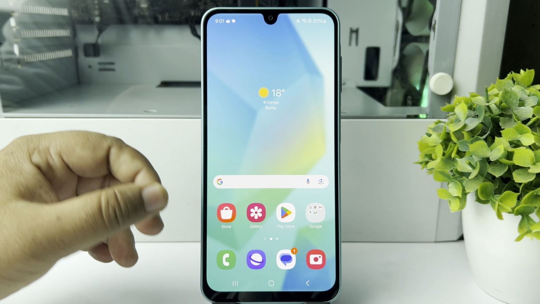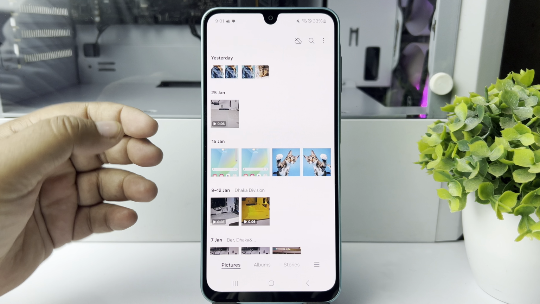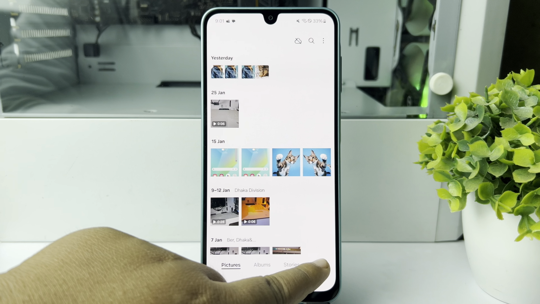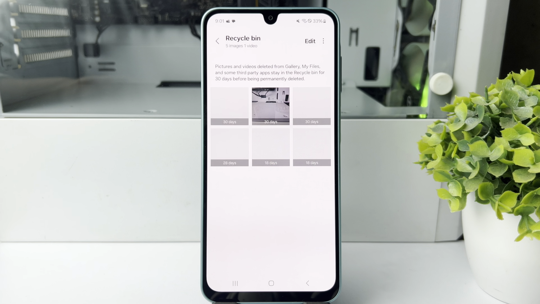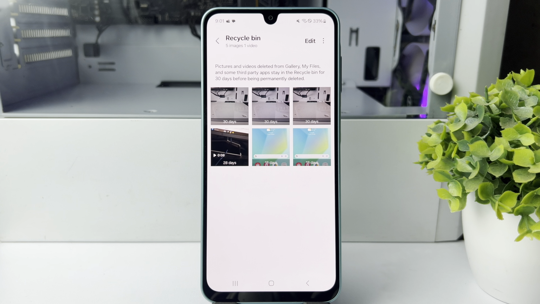All you have to do, go ahead and open your gallery app, and from gallery tap on this hamburger menu. Here tap on recycle bin, and in recycle bin all of your deleted photos and videos will be stored for 30 days. And after 30 days, your deleted photos and videos will be permanently deleted, and then you won't be able to